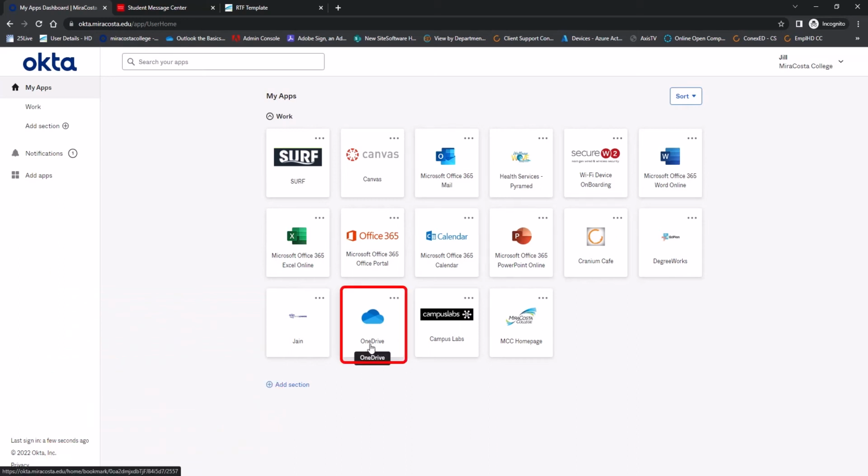So from here, I'm going to click on OneDrive. Now OneDrive is just another way or another storage account for you to store your schoolwork or any files that you have. It works exactly the same as Google Drive or any other cloud storage, but the sign-in process is a little different. So I'm going to click on OneDrive,